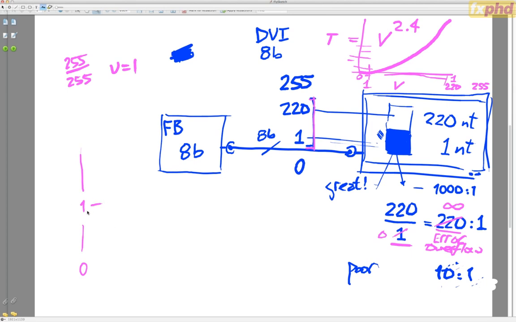Here, V equals 1 over 255, which is about 0.004. And the amount of light we get here is 0.004 raised to the 2.4 power, which when I pulled out my calculator a moment ago, and you could do it yourself if you wish, just compute 0.004 to the 2.4 power, I get about